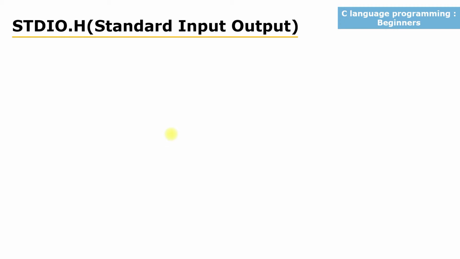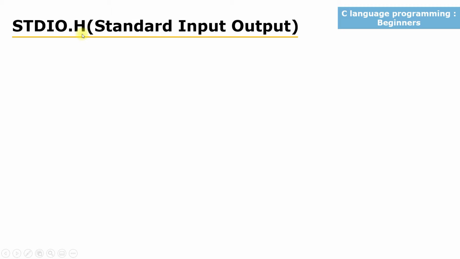In the features of C programming, we learned that C provides a rich library in the form of header files. A header file is a collection of inbuilt functions, also called predefined functions. Using those predefined functions, we can solve complex mathematical and logical operations in an easy way, so that it will help to reduce the development time, because we can develop programs in a fast and convenient way.